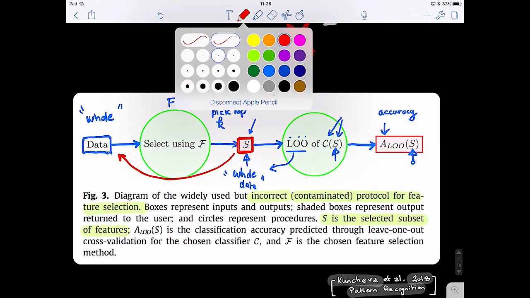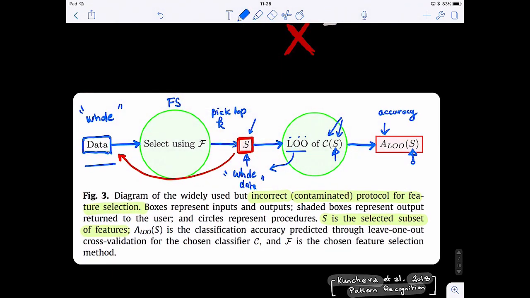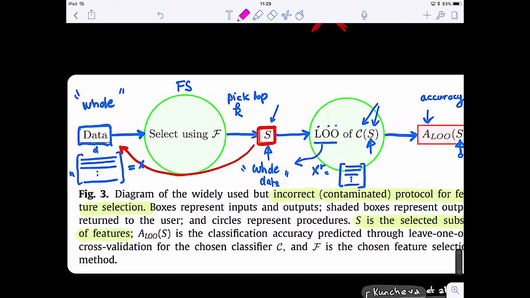Imagine this is my data, okay? These are my samples, all feature vectors. I have N samples and D features, and I used all of them to find the best features. Then I perform dimensionality reduction, so I can call this X, and then X reduced, which will be something like this, with fewer features but the same number of samples. And I performed leave one out on this set, which means in the first leave one out, I'm going to leave this subject out, use these for training, and test the